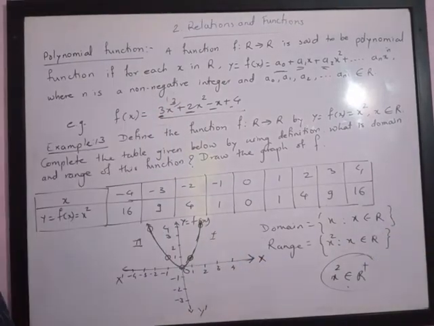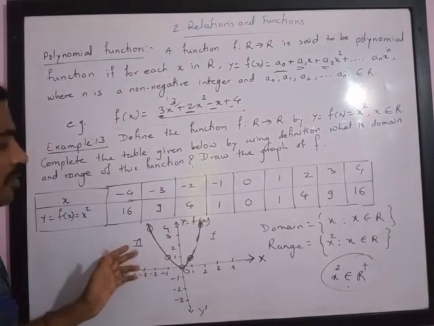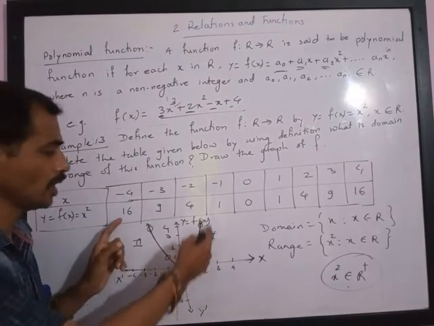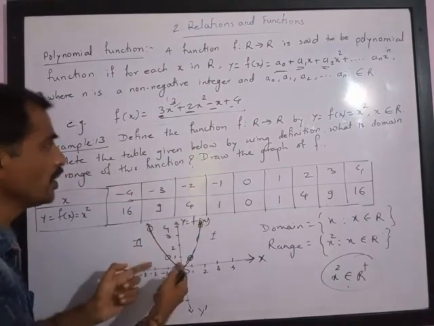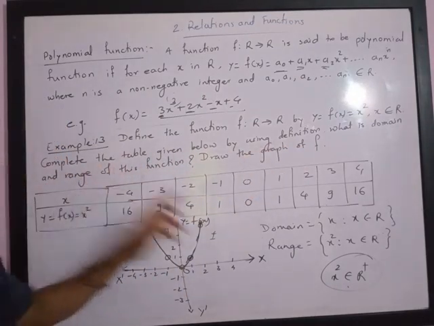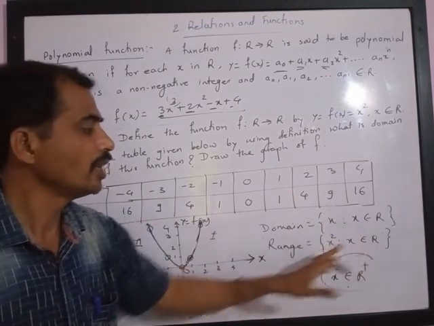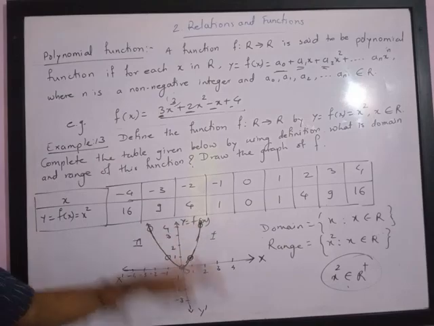So we were asked to draw the graph of f. So this is the graph of f. You can draw further in a graph notebook. You can draw 3, 4, 16. You will see that it is going something like this. Then we were asked to find the domain and range. So the domain is the set of real numbers and the range is the set of positive real numbers. That's all about this.